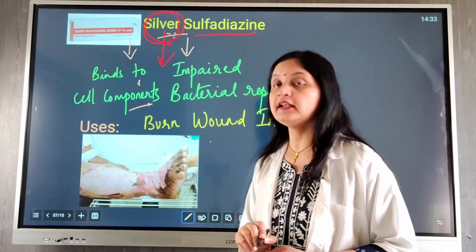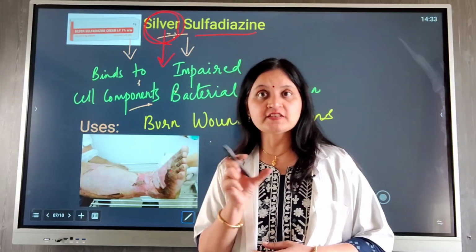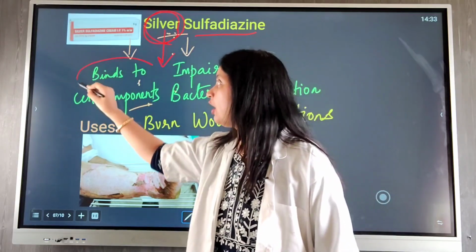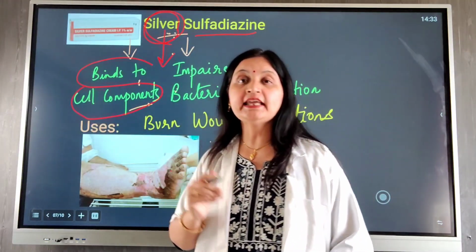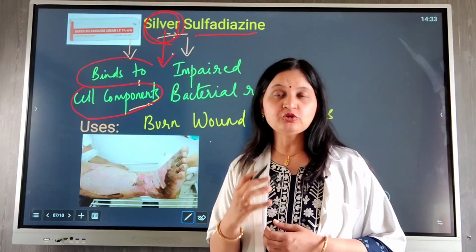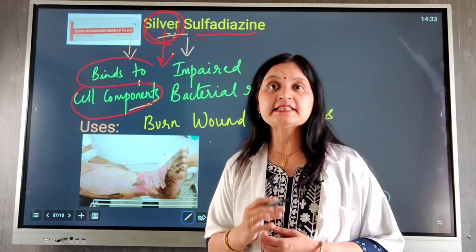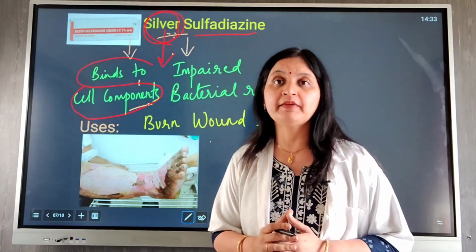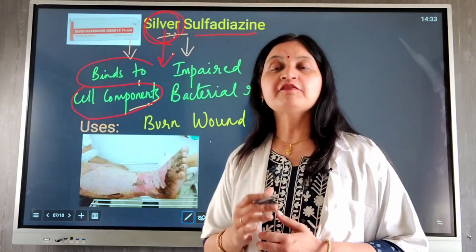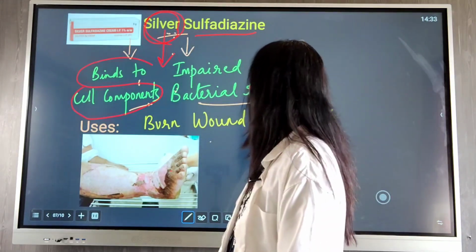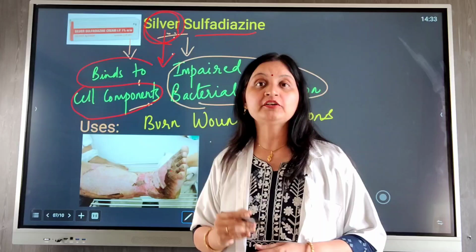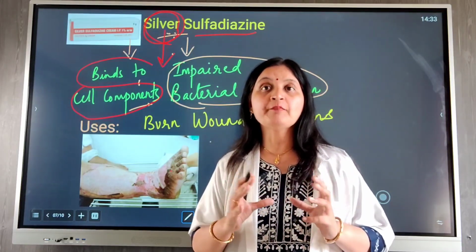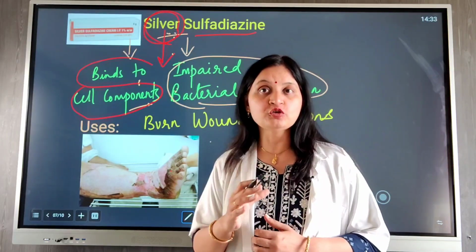Now silver sulfadiazine combines the antimicrobial properties of silver and sulfadiazine. It contains silver which binds to the components of the bacterial cells such as the DNA and the enzymes. So by binding to the DNA and the enzymes, it inhibits cell division, causes enzyme inactivation, causes disruption of the cell membrane and death of bacteria. Sulfadiazine has antibacterial property. It impairs the bacterial replication, the bacterial multiplication and growth is inhibited, and thereby a combination of silver sulfadiazine is useful for